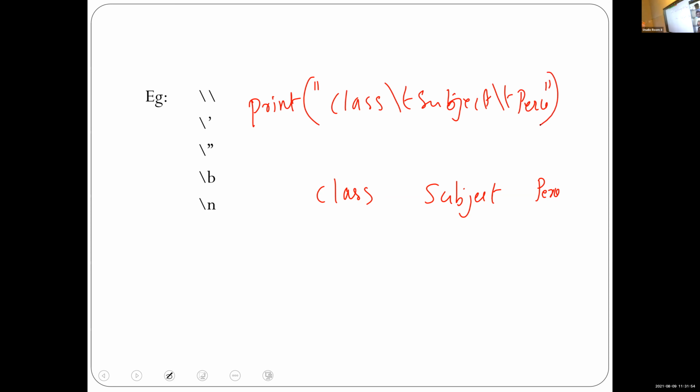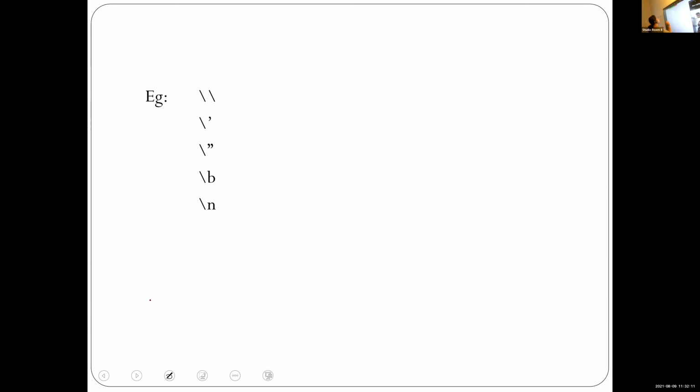Correct, Joel. So first write class. After that I need a tab space. For tab space I just write slash t. Then subject, again tab space, so slash t percentage. Is it clear? Then another one, that is slash n.